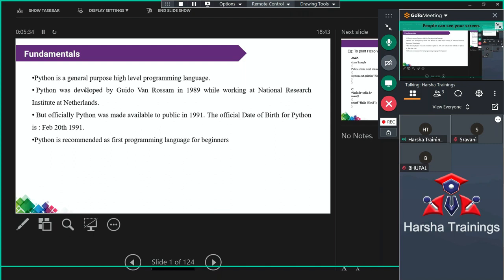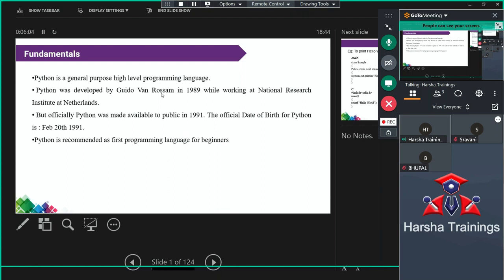This is not only for Python. Right now, what I said is not only for Python. For any programming language, high level means in terms of the user, that is the English language. For example, I am writing the statement printf. By observing the statement, okay, printf's purpose is to print some value. Each and every statement is easily understandable by the user. So Python is also a high level programming language.